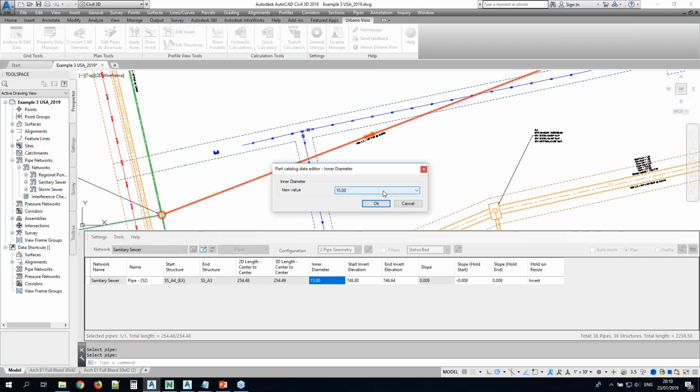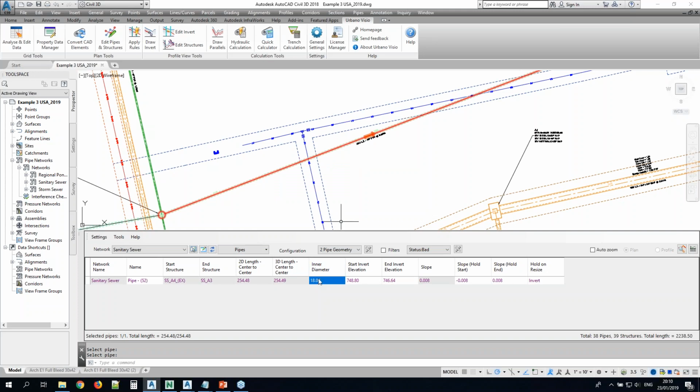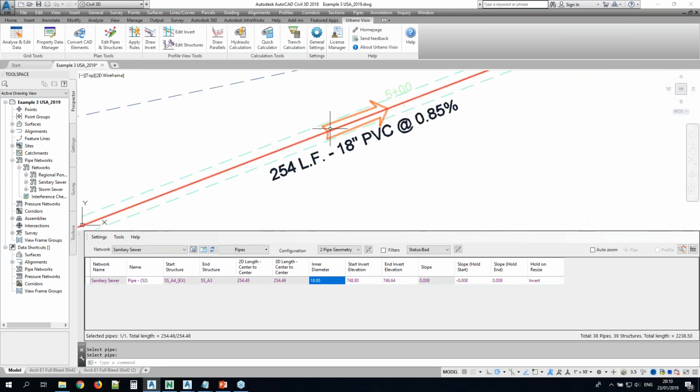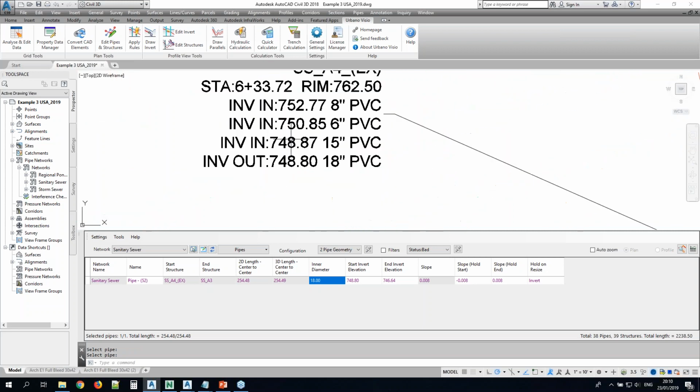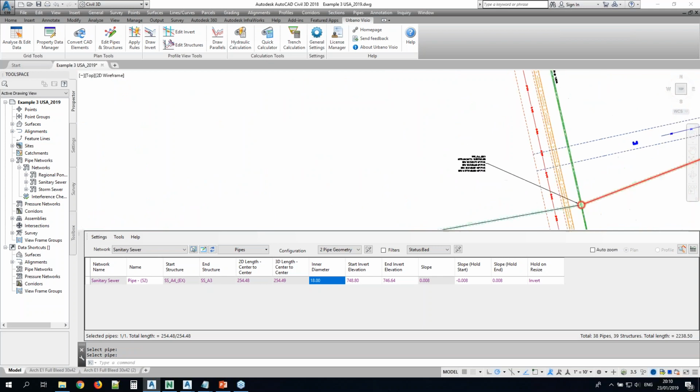So just double click, and you get a list of the pipes of the various sizes for this pipe type. From the part list, you select a different type, for example, the 18-inch. It's changed. If you look at the label, it's also changed, and as well here on the label for the